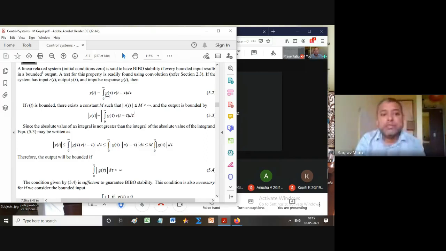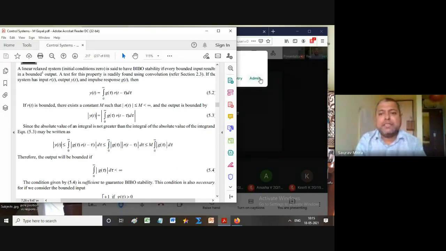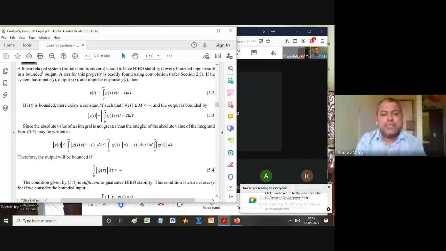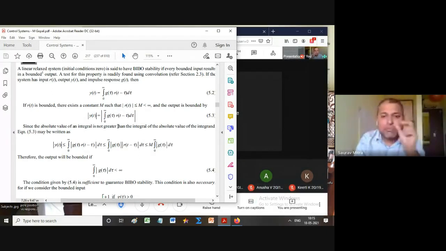So this is actually a time domain convolution. If you go into the Laplace domain, the output Y(s) is equal to G(s) multiplied by R(s). So time domain convolution is frequency domain multiplication. Then we find what is called y(t). If you are finding that this y(t) is bounded, that means the integral from 0 to infinity of g(tau) r(t minus tau) d tau is bounded. They have said later that the absolute value of the integral is not greater than the integral of the absolute value, because here it is within a norm. So they have just found the amplitude. The symbol is immaterial; just find out the amplitude of this y(t).